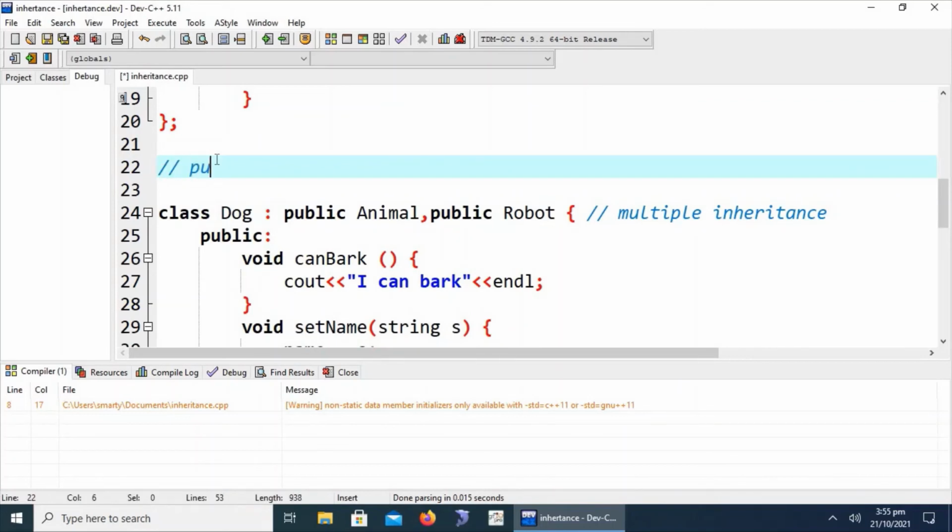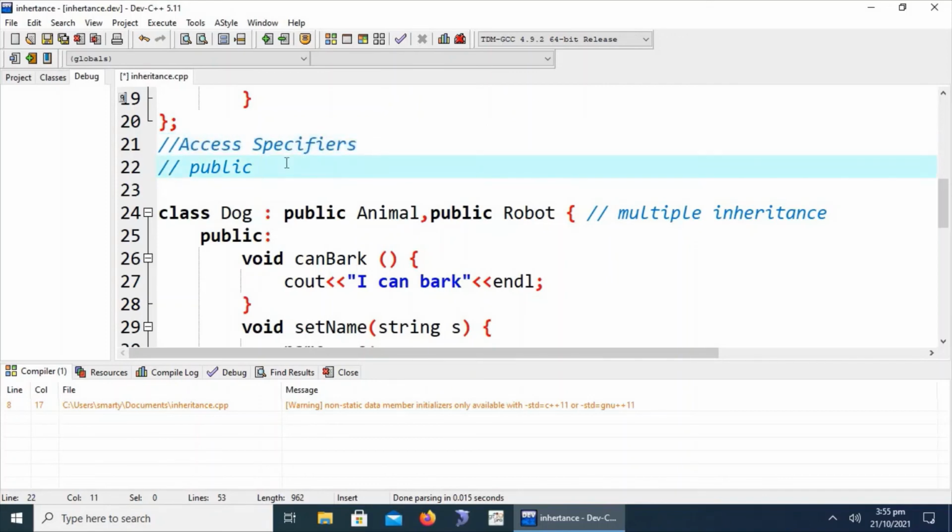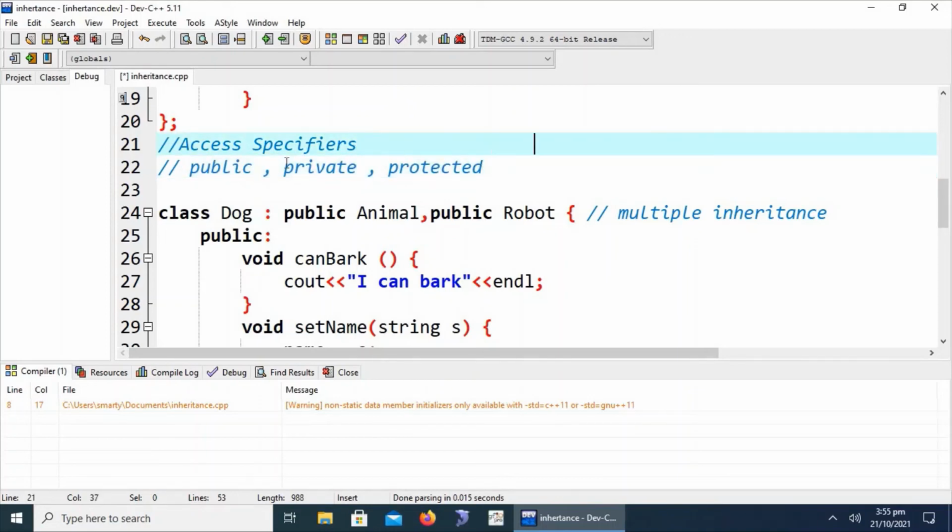We have data access specifiers: public, private and protected. Here we say inheritance, and here we say what the derived class will access.